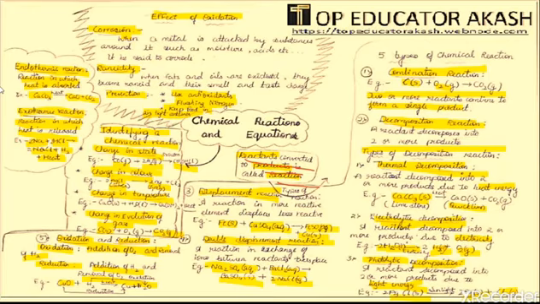An example is CO, that is carbon monoxide, which is a gas. When it reacts with H2, that is hydrogen, which is also a gas, under 340 atm pressure, it will form CH3OH, that is methyl alcohol. It is a liquid.